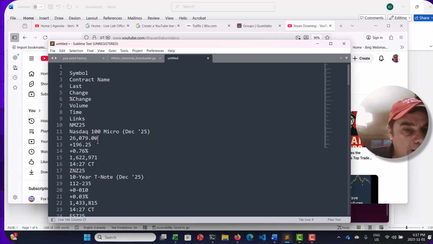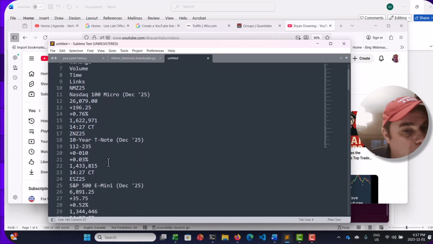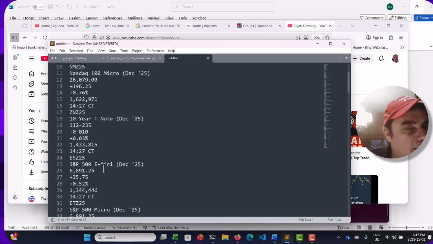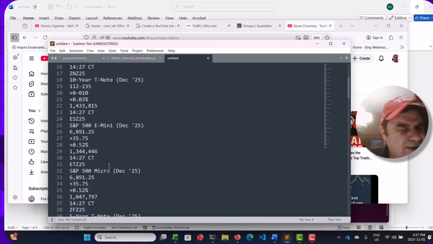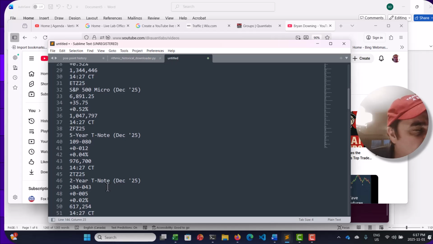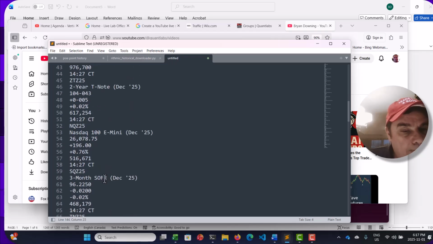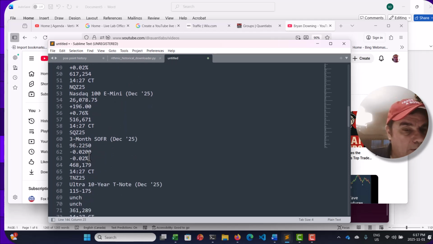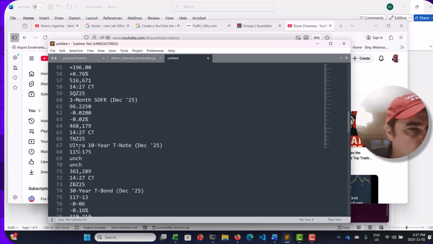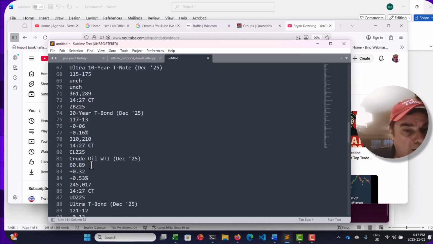So what was leading was NASDAQ 100 micro, 10-year T-note. So I'm going to show both there. S&P 500. Now I'm going to show you just the normal S&P as close as I can. There's also the micro. Then we have the 5-year T-note, 2-year T-note, and the different durations. Then you have the NASDAQ as well. So I'll show you that. Can't remember which one it is, but there's an S&P 500. Then we get into the different durations of Treasury, but I'm just going to show you the 10-year. And then we get into here.